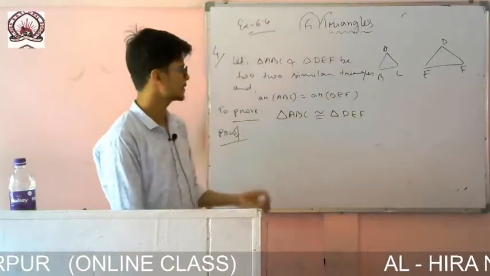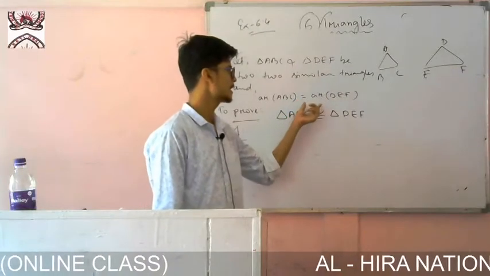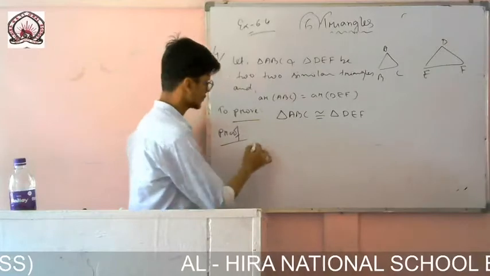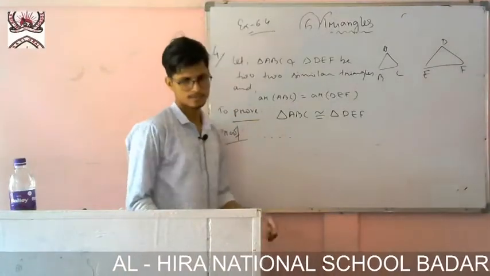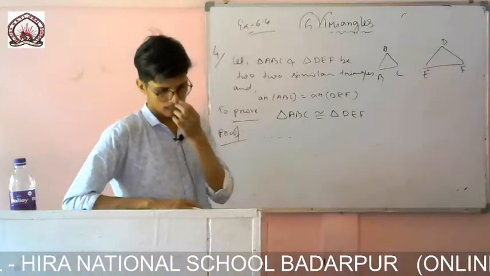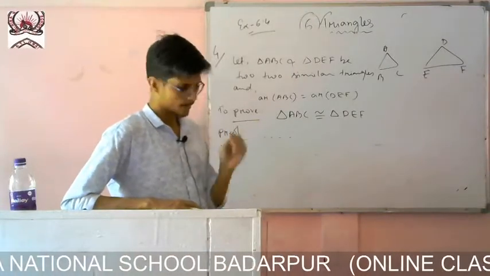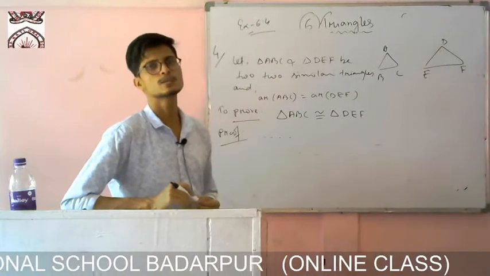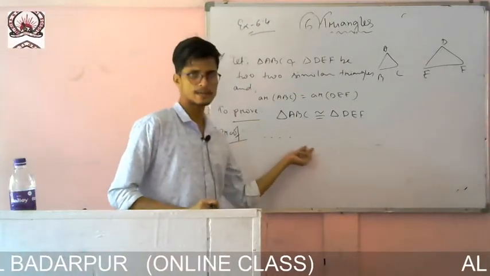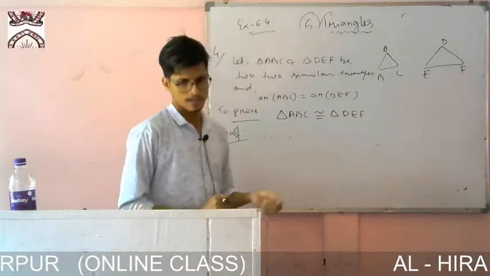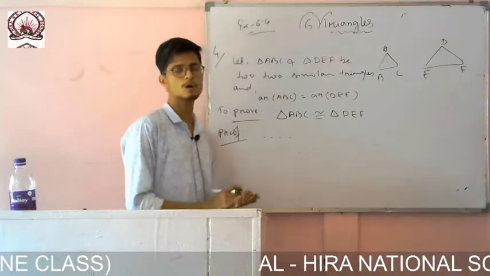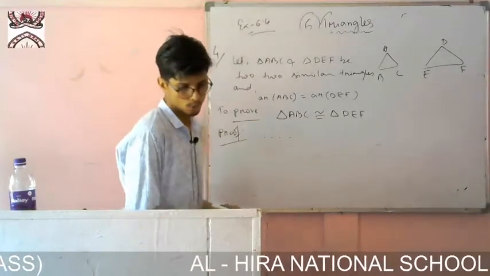We know the theorem that if the triangles are similar, then the areas of the triangles are in a certain ratio. So first of all you write that line: since the ratio of the area of two similar triangles is equal to the ratio of the squares of any two corresponding sides. I have given this earlier also.